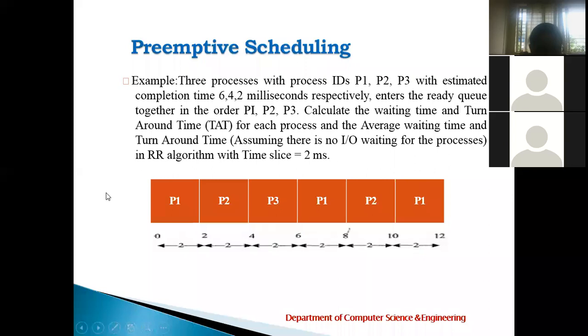Then it is given to P1. So now, based on this, you calculate the waiting time for P1. How will you calculate? Initially it has waited 0 here. Got it? Then after 6 millisecond, can you see here? Initially 2 millisecond, starting waiting time is 0. P2 has executed 2 millisecond. P3 has executed 2 millisecond. So how much time is it waiting here? 8? Ma'am, 4. Look here. Ma'am, it waits 4 millisecond.